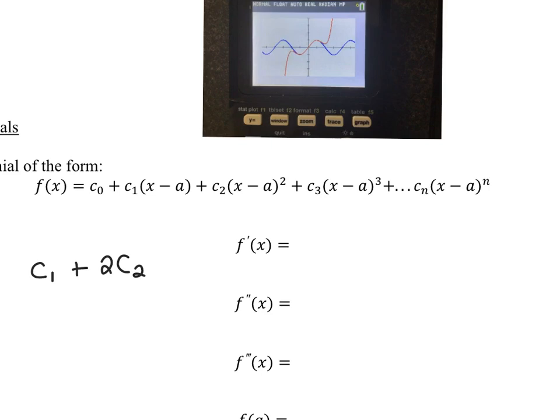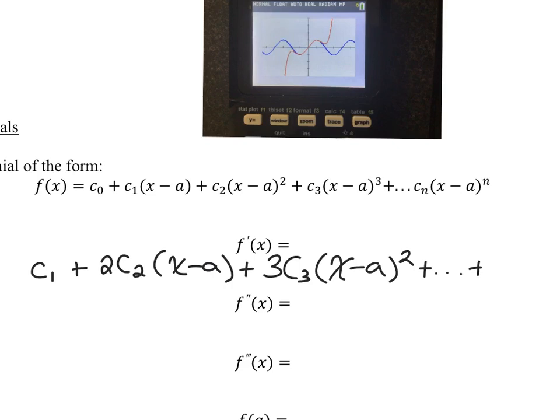2c sub 2 times x minus a. The derivative on the inside is just equal to 1, so we don't have to worry about that, because a derivative equal to 1 is not going to change the value of the function. All right, 3c sub 3 times x minus a to the 2nd, plus